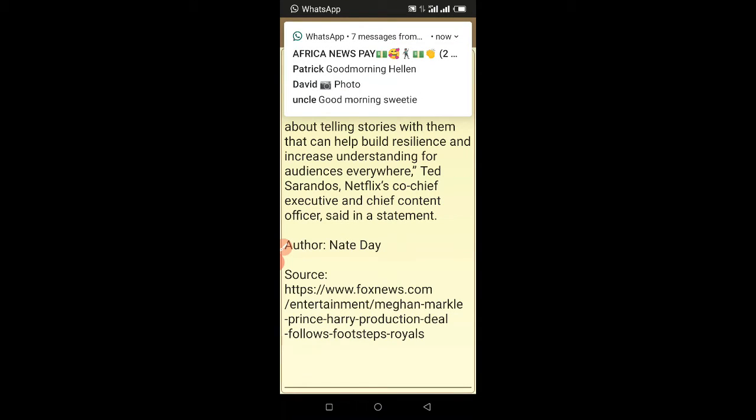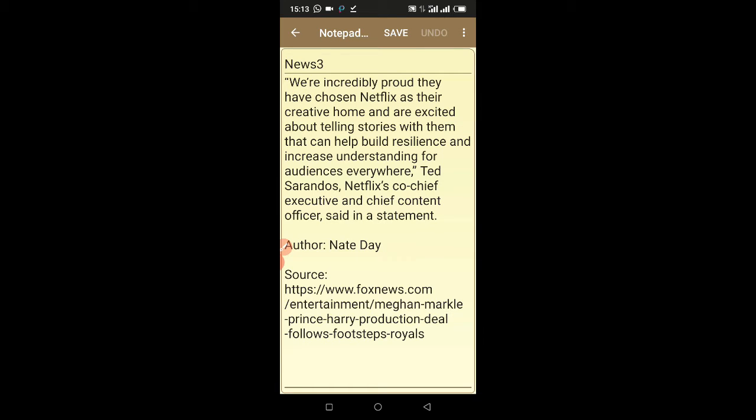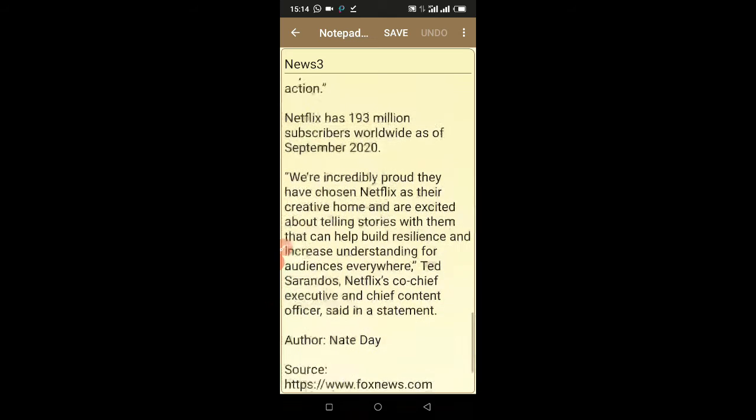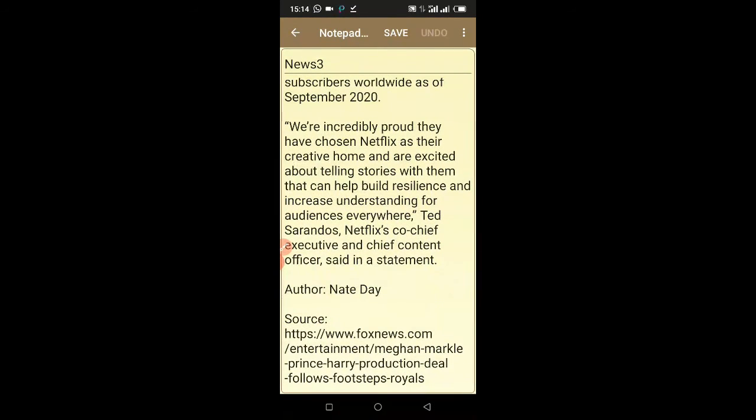Sometimes posts don't have an author, I mean the person who published it, so you can skip that if there is none. But the most important part is the source. If you haven't added the source, you are risking your account being banned or blocked. If it's not original content, you just have to follow the instructions and get the source. And make sure you don't get big news.